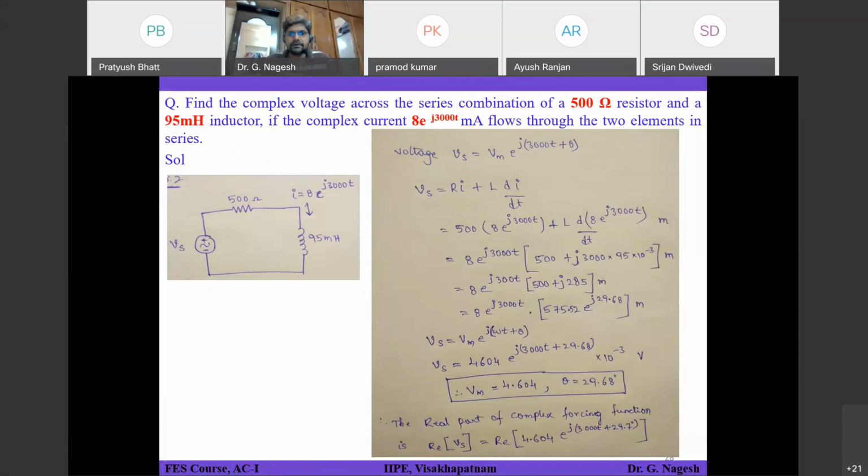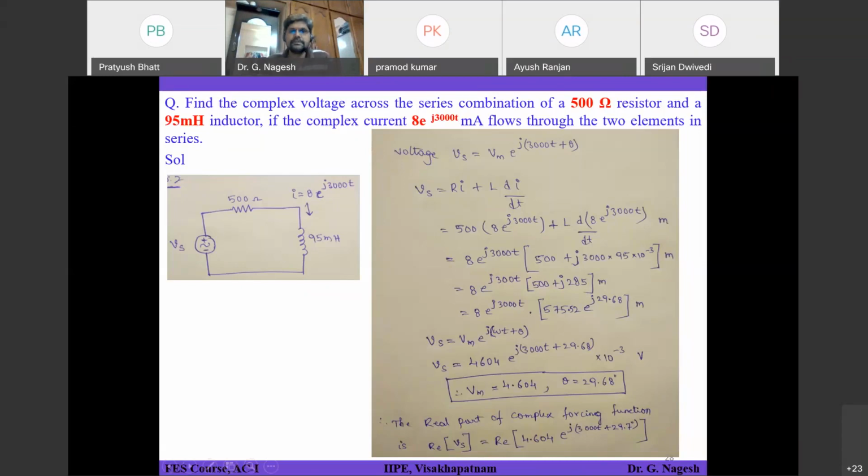So in the last class, we started discussing this. The concept here is, even though the voltage source is only the real part, that is, a function of sine or cosine, we converted it into a complex forcing function. That means we added an imaginary term to the real term, and use that complex voltage and complex current to get the solution for the circuit. At the end, we will consider only the real part, which is what we require.